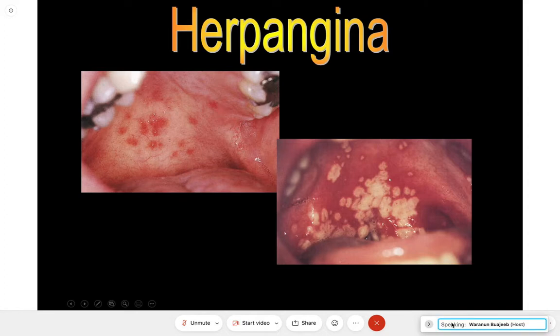After the vesicles develop, they also break down easily to form ulcers. So you can see it normally occurs at the soft palate, faucial pillars at the back, causing dysphagia, and can also cause systemic symptoms like fever,